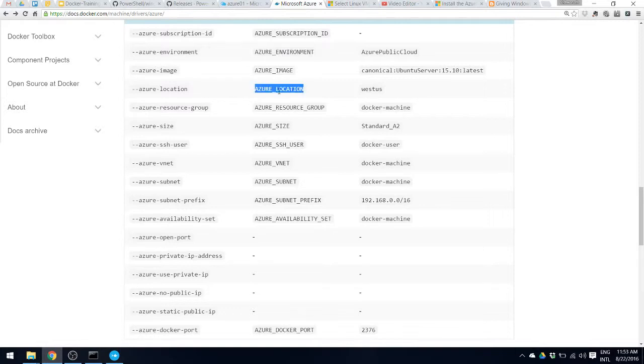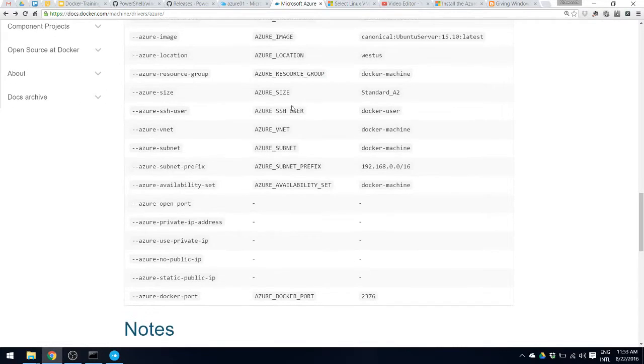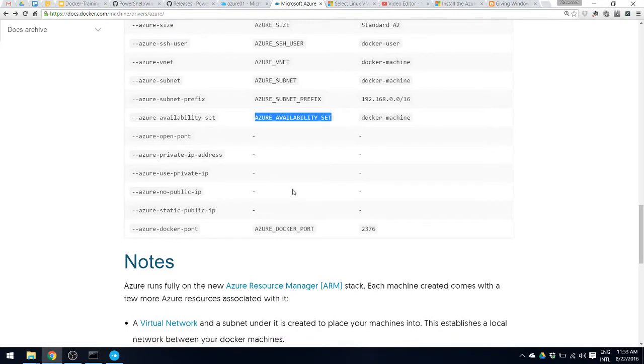So for example, if you are always going to create your images in the West US region, then you can specify your location as a variable called Azure location. And then the same goes for your resource groups, your size, this is your instance size, and then your SSH user, your subnets and other stuff, availability zones and stuff like that.